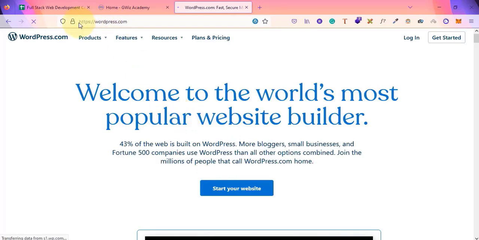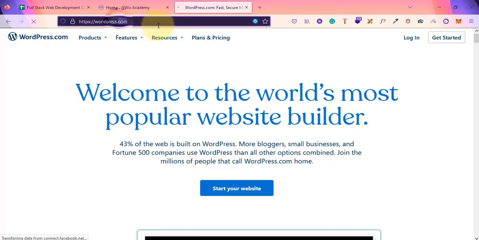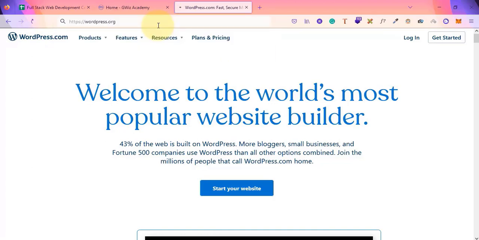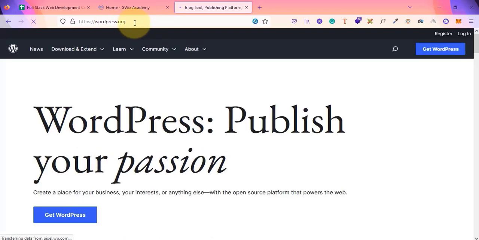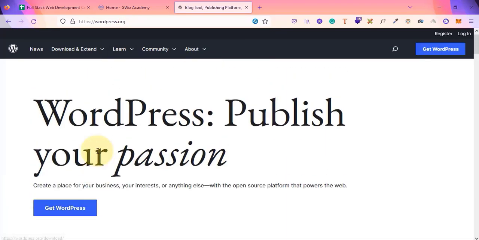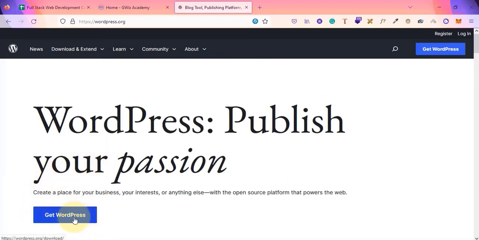But there is a difference between WordPress.com and WordPress.org. You need to go to WordPress.org, not WordPress.com. Just make sure, because WordPress.org is an open source software, not WordPress.com. WordPress.com is a company and it is not available for free. So what we can do is install WordPress by clicking on here, by manual download and